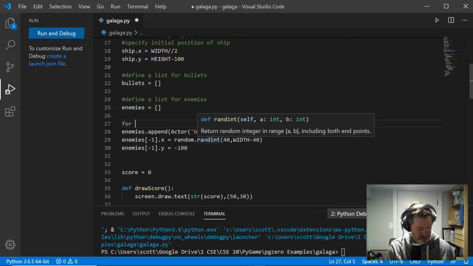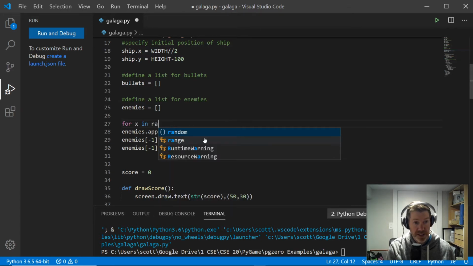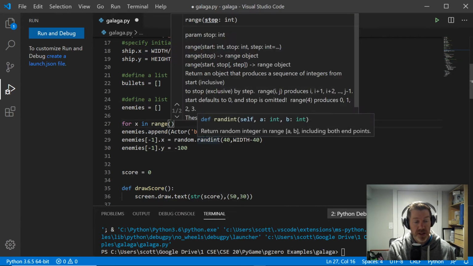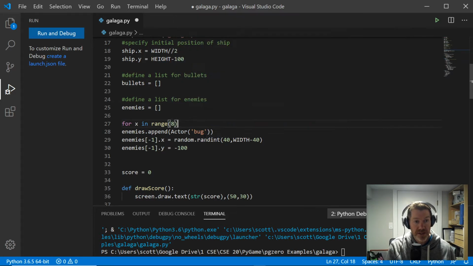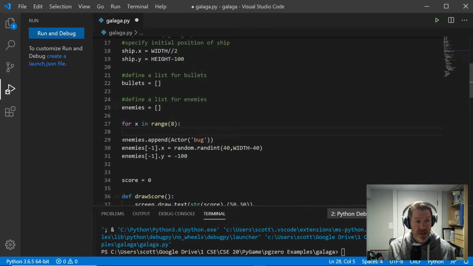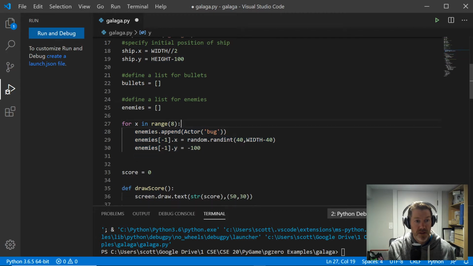For x in range 8, we're going to append a bug, and with that one that we've just appended, I'm not going to give it a random x value. Rather, I'm going to give it an initial x value of, let's say, 100